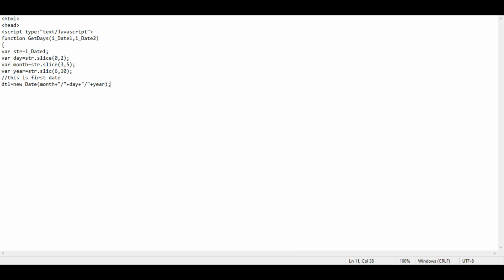So we add a semicolon here before our next line, and then we add some space, var str1 equals to I underscore date 2 semicolon.